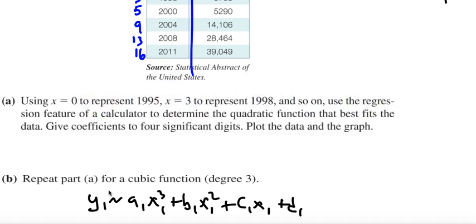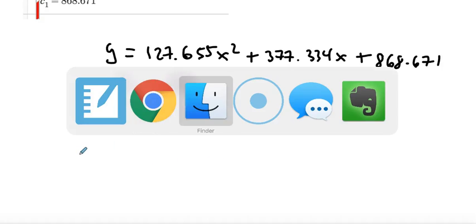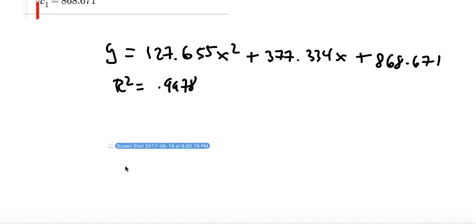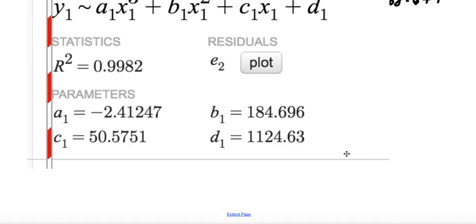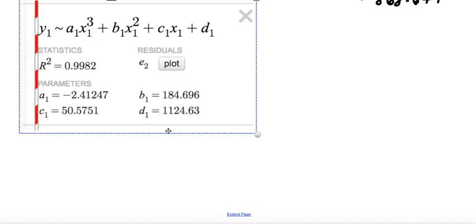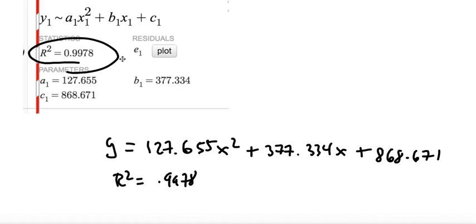So I'm just going to screenshot that so that we can compare it. Okay. So I'm just going to move down right here, and let me just paste that inside there. Great. Kind of shrink that a little bit. All right, so there's our cubic right there. We have our quadratic up there. Let's look at part